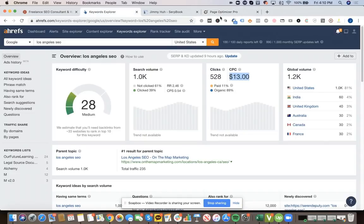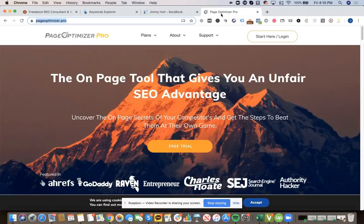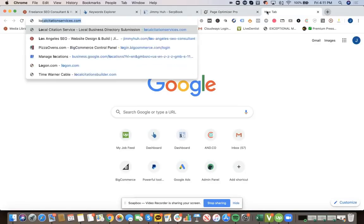One of the big things to point out is that this will let you do what I would say is perfect SEO. You can do the best SEO that you possibly can to set yourself up to compete with whoever is on page one for that specific keyword. But you can do perfect on-page SEO, and there will still be other factors you need to take into mind when you're looking to rank. So going back to the Los Angeles SEO example,